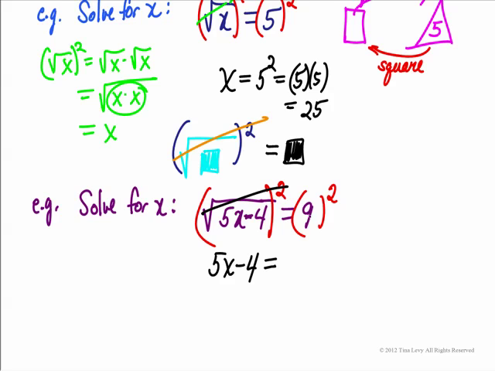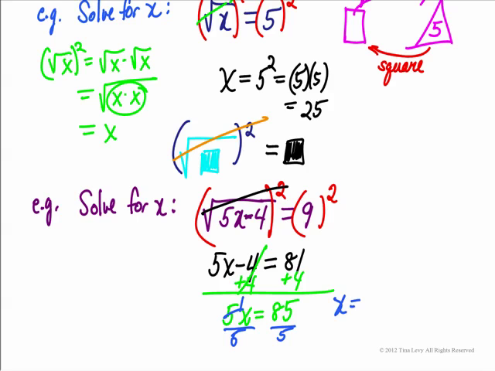I get 5x minus 4 is 9 squared. 9 times 9 is 81. I now have an easy first degree equation that I can solve. From here, I just need to add 4 to both sides, and I get 5x is 85. Now my last step is I divide by 5, and I get that x is 85 divided by 5 is